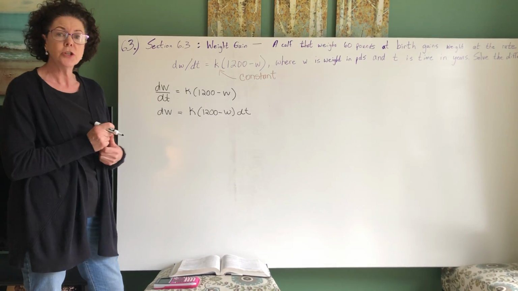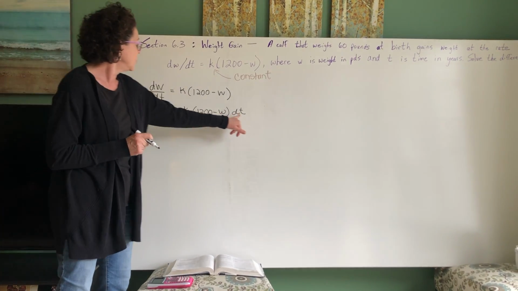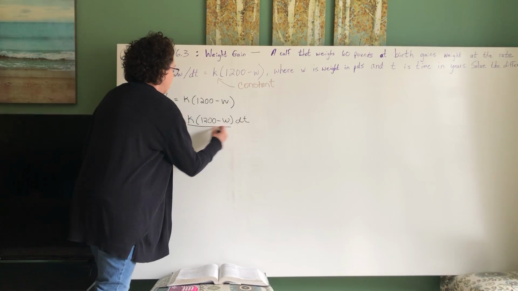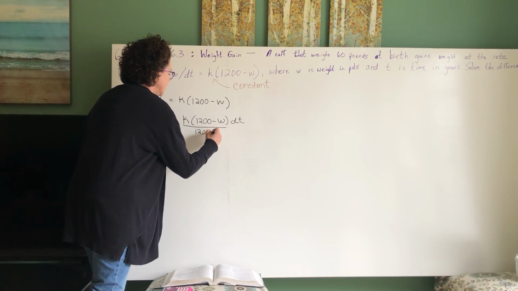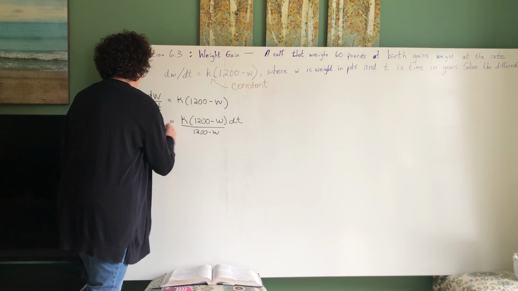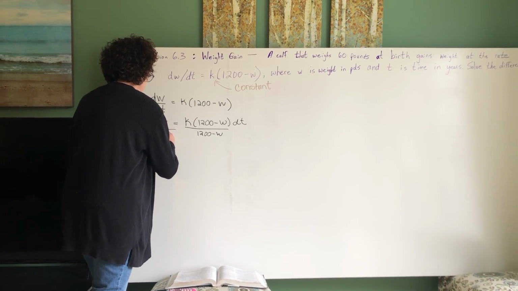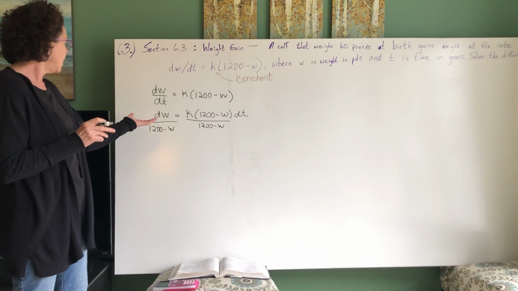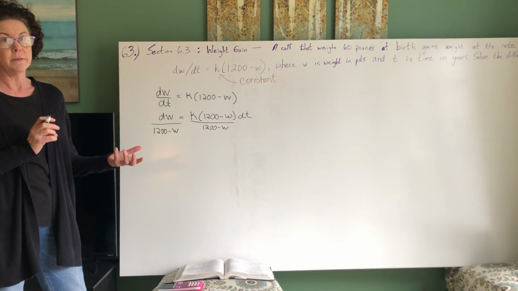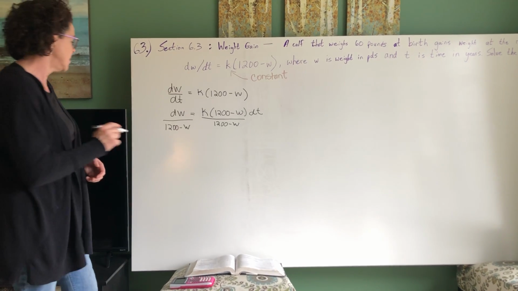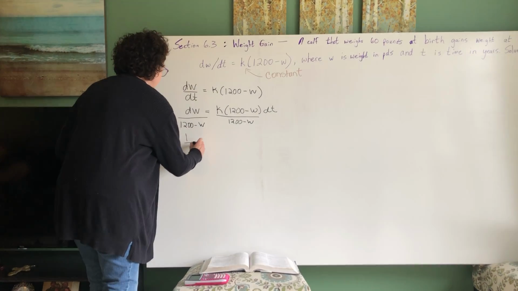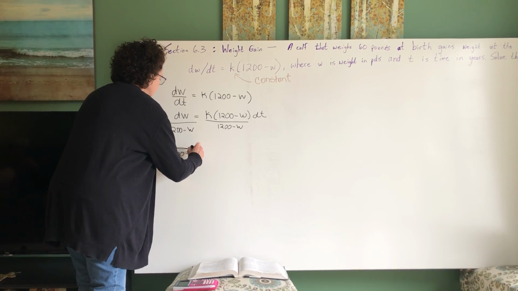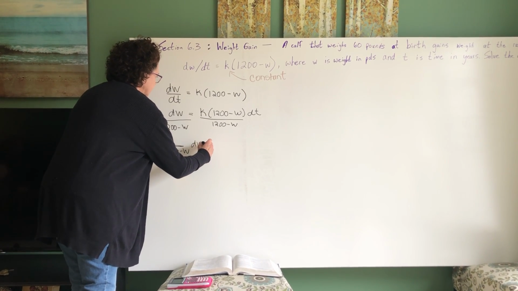That is not the relationship between variables and variables of integration. I have to divide both sides by 1200 minus W. I am going to leave the K on the right because on the left I just want as small an expression as possible. So we now have 1 over (1200 minus W) times dW